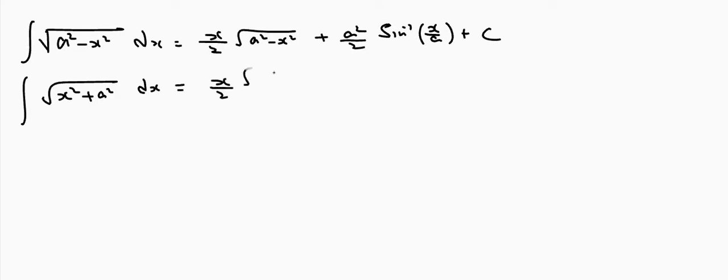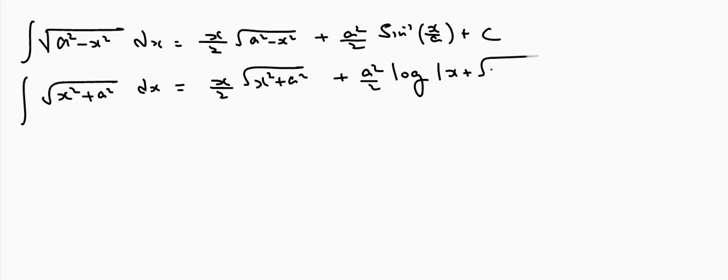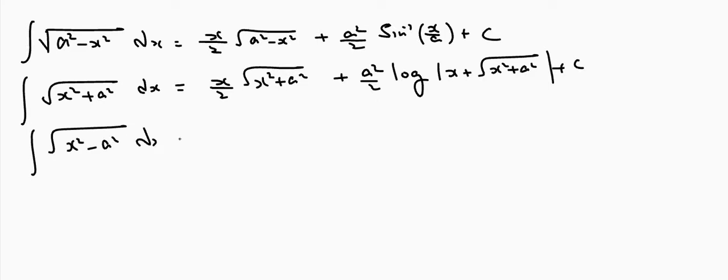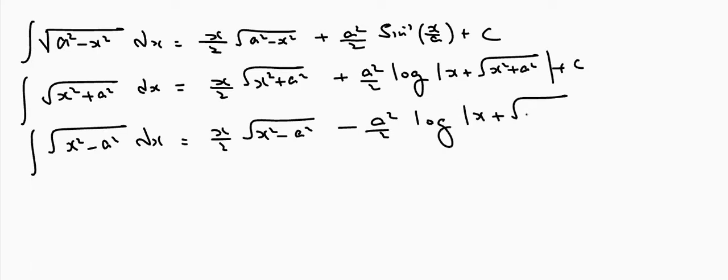The next one is integral root of x square plus a square dx is equal to x by 2 root of x square plus a square plus a square by 2 log modulus x plus root of x square plus a square plus c. The last one is integral root of x square minus a square dx is equal to x by 2 root of x square minus a square minus a square by 2 log modulus x plus root of x square minus a square plus c. Okay, let us discuss some problems